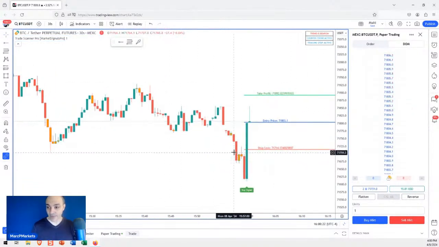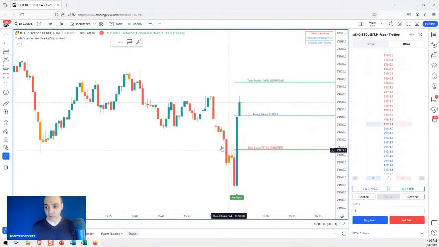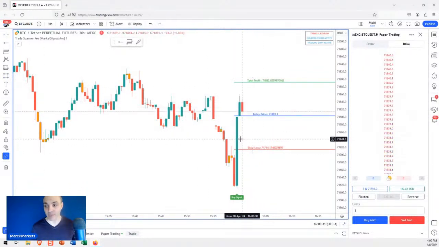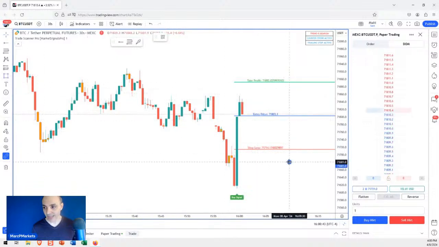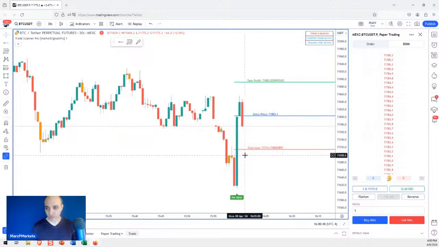So I took my first lot. You saw I bought it early because I had the warning. Okay, I bought the second one when I got the signal. Now, if it goes to the take profit, I profit on two. If I was going to lose on that first one, I would only lose on one. Now, I could lose on both of them right now. This thing could go here. But the thing is, I'm in one from a decent price. So really, if I get blown out here, which it might do, you realize that I'm only losing on the second one that I bought. The first one is basically going to be break even because I bought it in this area.